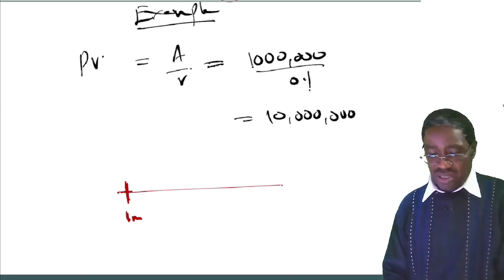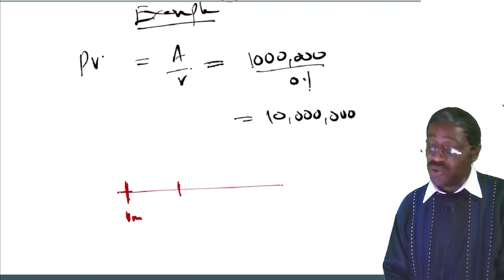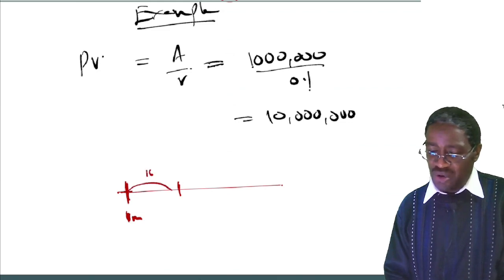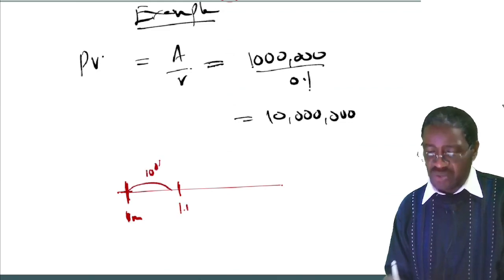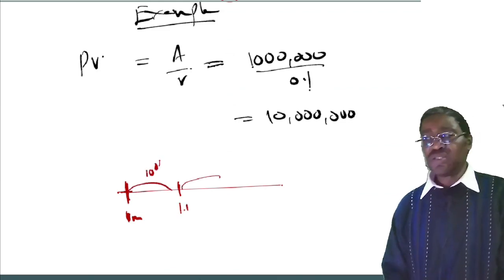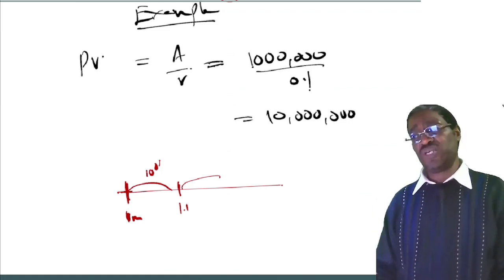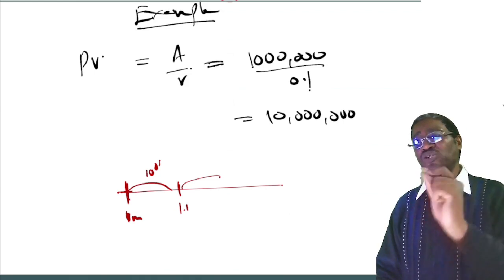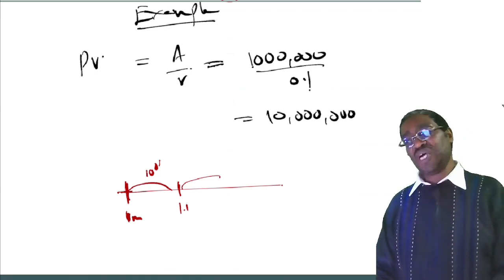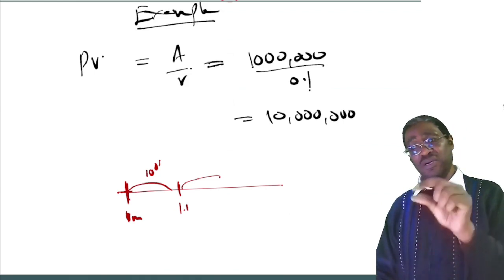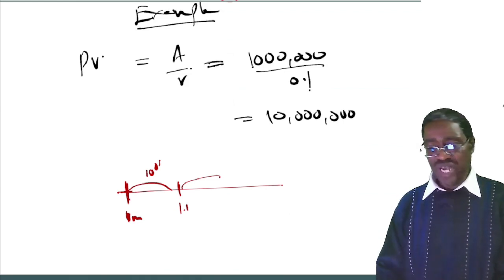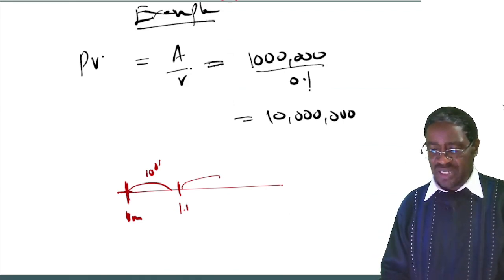Year 1, you receive 1 million. Year 2, you receive 1 million, but it is growing at maybe 10%, which is 1.1 million. So these are annuities, but they are growing annuities. How do you determine their present values? So write another small subheading,